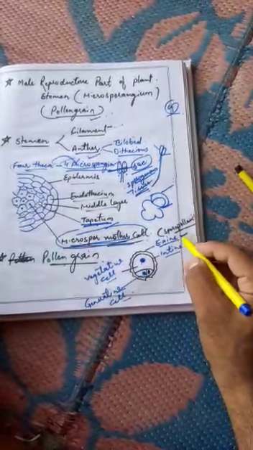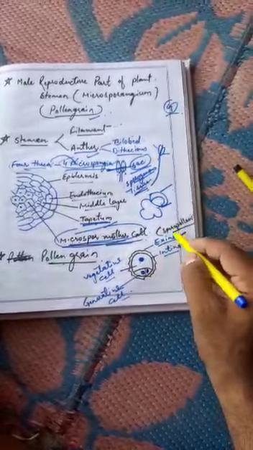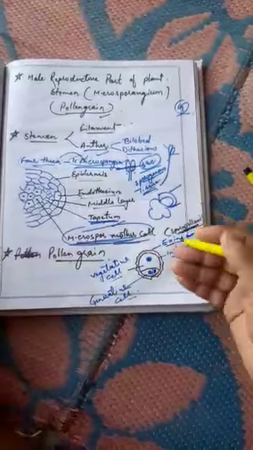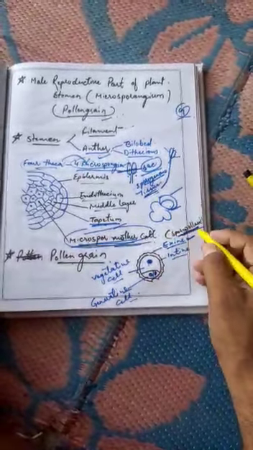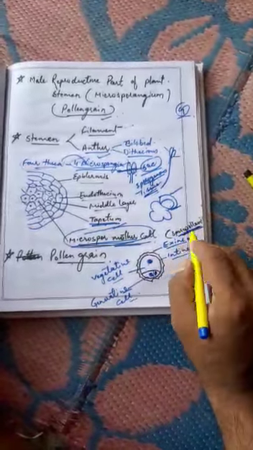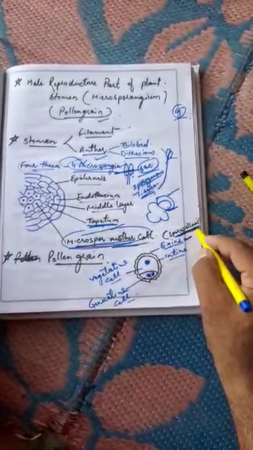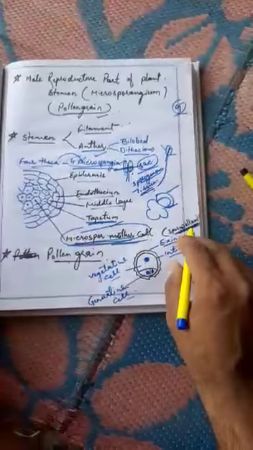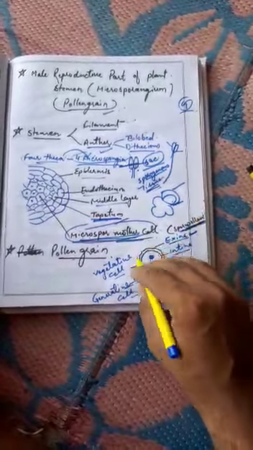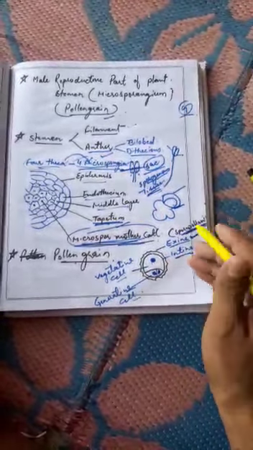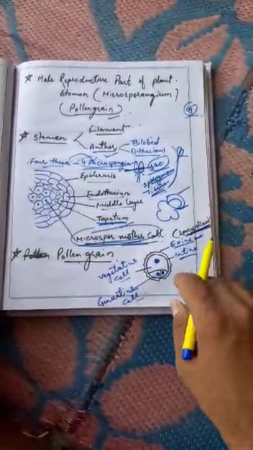Now the exine is the most powerful structure in the pollen grain. It is made up of sporopollenin, a kind of organic material which is known to be the toughest on this planet Earth. It can tolerate most extreme environments. So sporopollenin is the toughest organic material known on Earth, and the exine is made up of that. No enzymes can destroy the sporopollenin or exine of the pollen grain. The intine is a regular cell structure which is not as powerful as the exine.